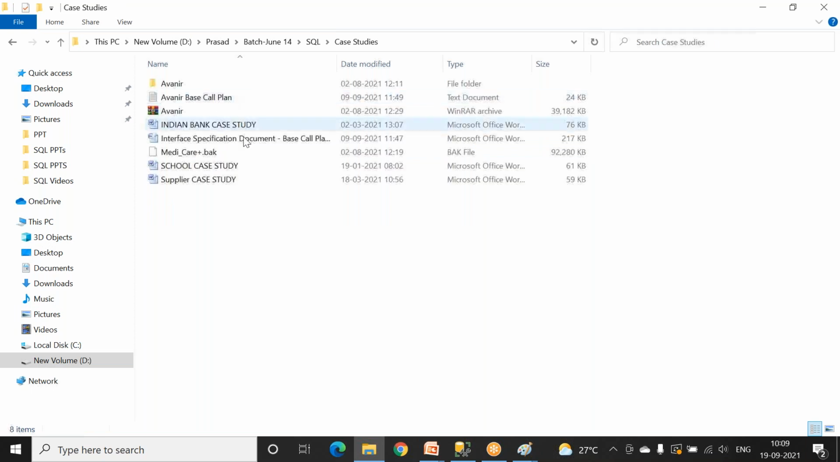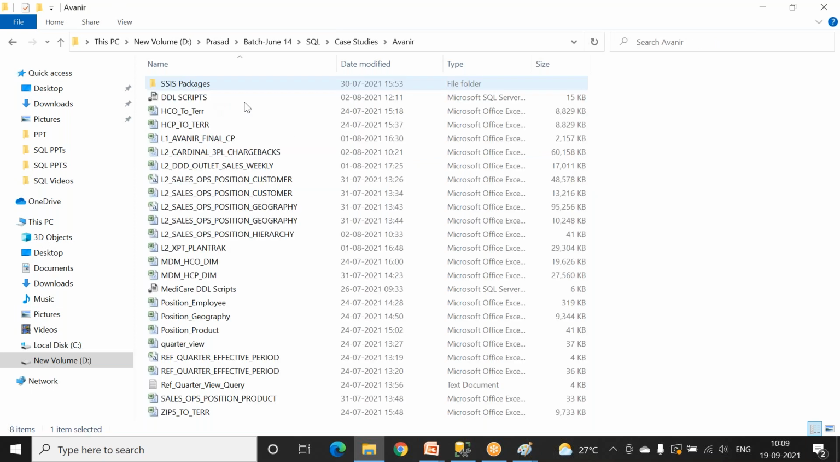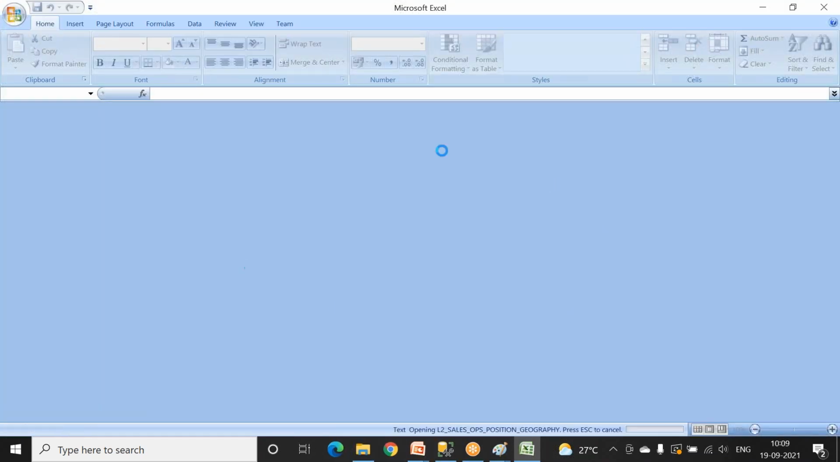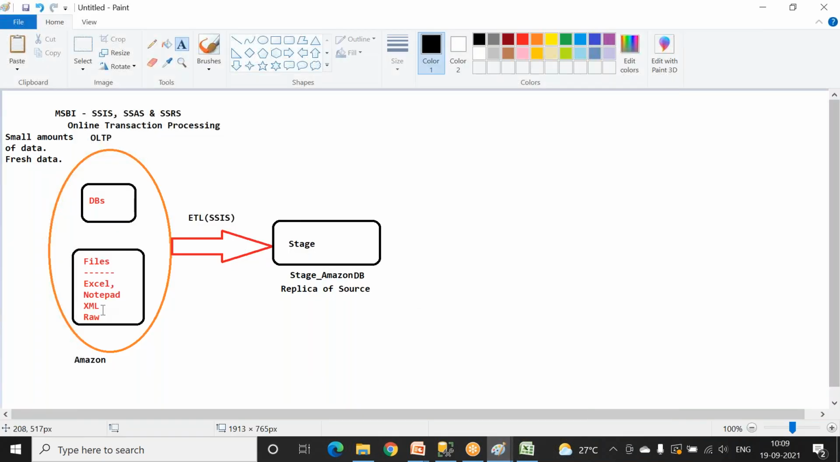I'm having this kind of data. Let me show you some data. Let me open this. I'm having so much data that it is going to take so much time. One second. So I'm having Excel data, I'm having notepad data,